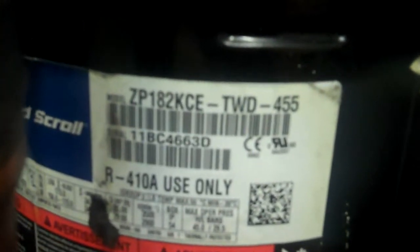It's an R410 system. The compressor serial number on this one is 11BC4663D. That 11 is telling us that's a 2011 compressor, Copeland Scroll compressor. Here's our refrigerant piping in here, our hot gas bypass line, our brazed plate heat exchanger is right there. We're going to close this door